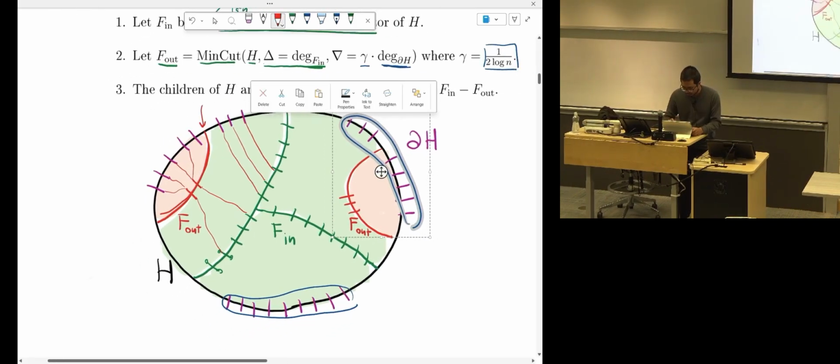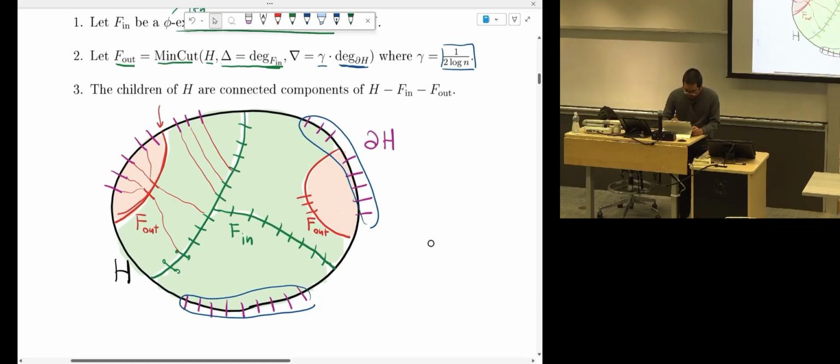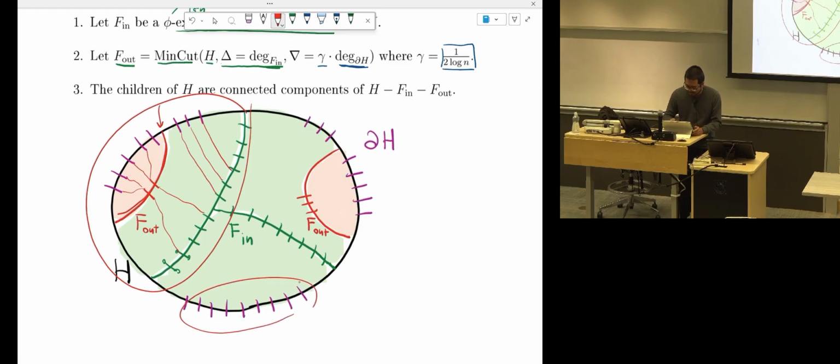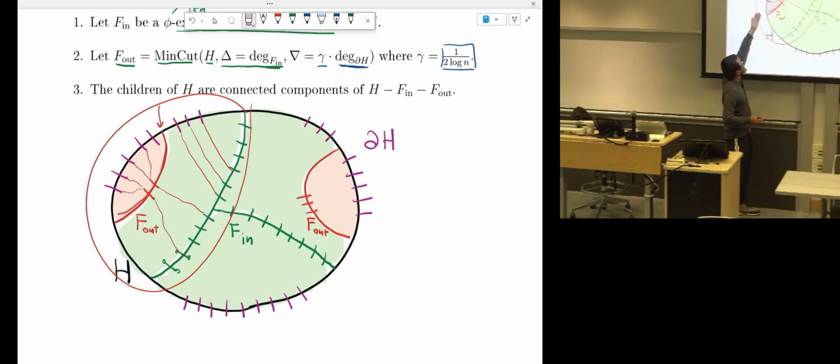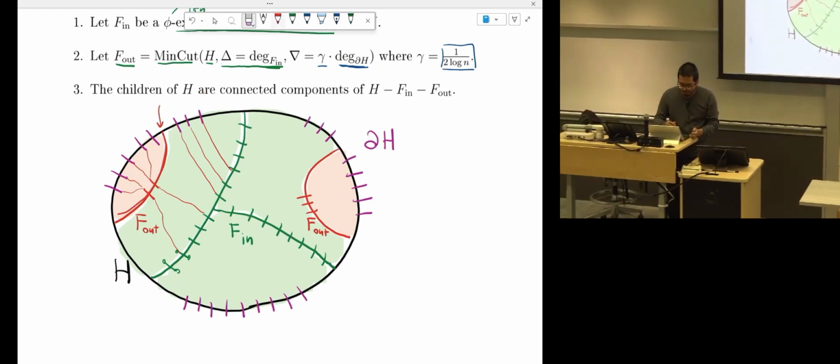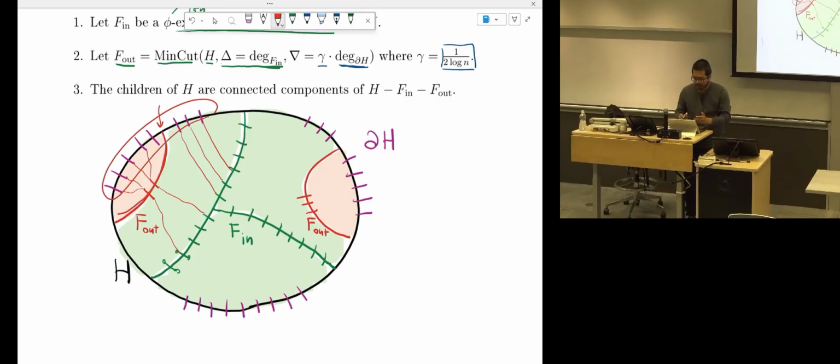Maybe let's focus on this part. Suppose that there is no separator, there's no boundary here, right? Then you think of computing max flow from the purple part to the green part, and there's going to be the flow before the min cut and the flow after the min cut. We have seen this. And what's the flow before the min cut? It's just a flow that